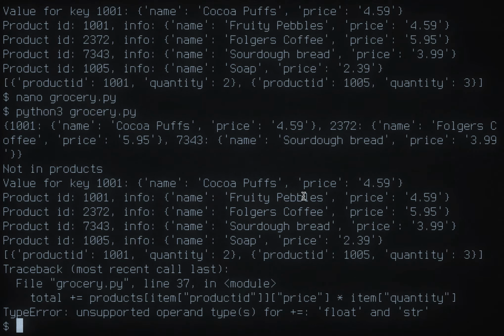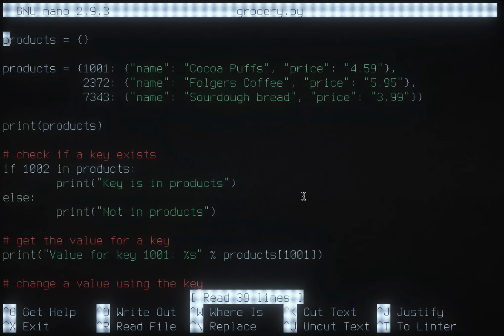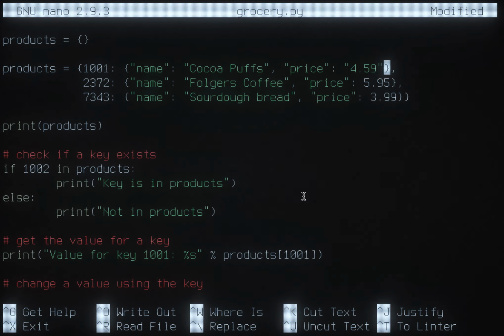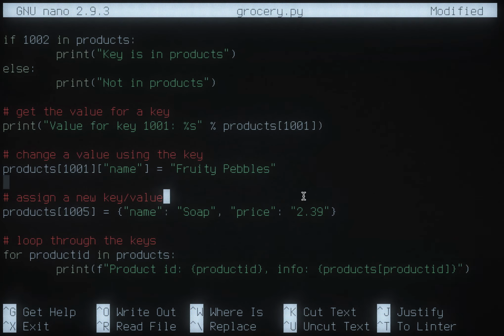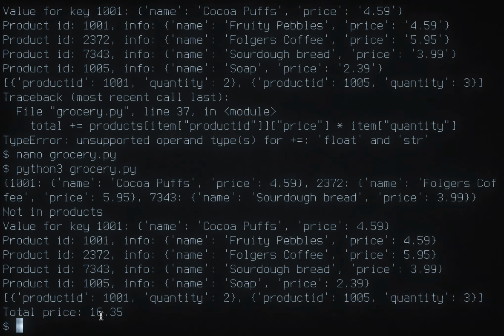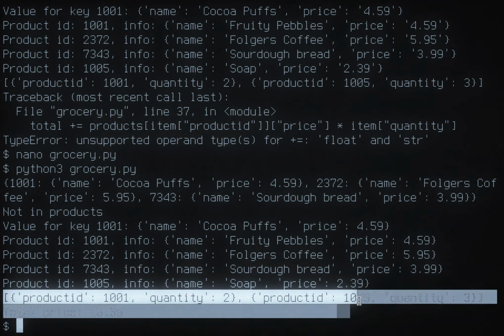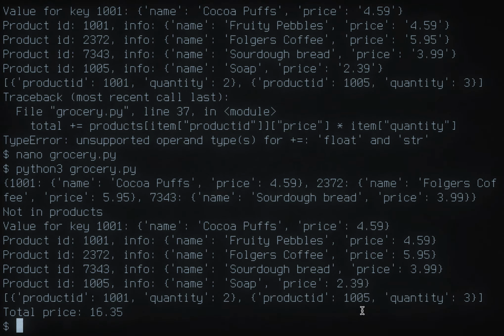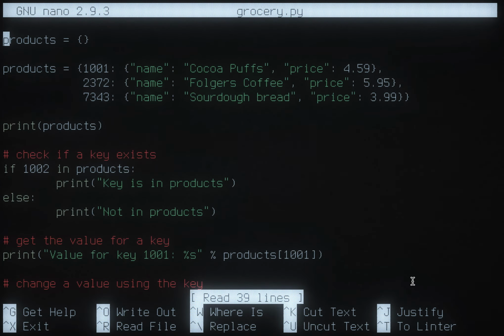Oh, I have a problem. Did I put price in quotes? That would be bad. Yeah, all these prices should probably not be in quotes because I can't add them. I can convert them to a float, but I could also just not do quotes. One more, I think. All right, let's see if that works. All right, so total price. I could have printed the cart more nicely, but in any case, it's clear with very little code,